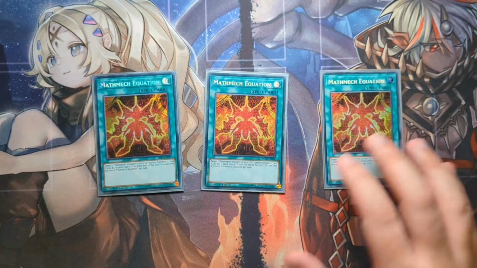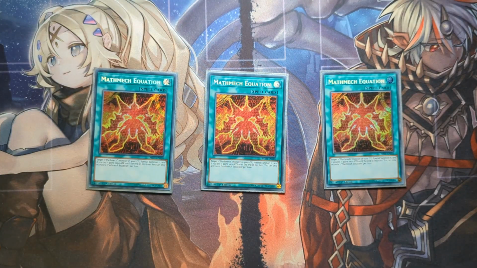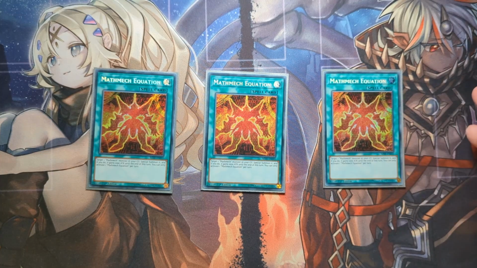3 copies of Mathematic Equation. This is just a Monster Reborn from our graveyard for a Mathmech monster. It does give it 1,000 additional attack to the end of the turn, but we don't care for it. It's just an extender. If we are going second, for example, and we're needing to play through interruptions and our opponent keeps destroying the monsters on the board so we can't Xyz or whatever, this just gives us another way to play through those